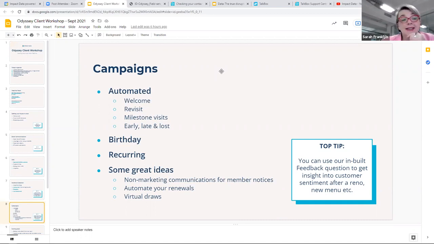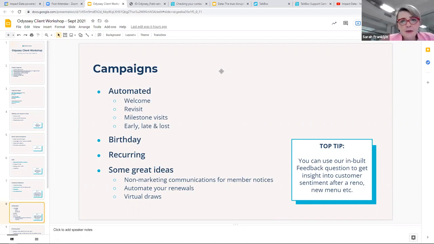Recurring communications are things that we often do. Like member subs are due. If you have a fixed period, you can do that, or catering or functions or book a round of golf or whatever it is that you never know when someone might be thinking about that. So you just set that up as a recurring communication that gets scheduled once every 2 months or 3 months or things like that.